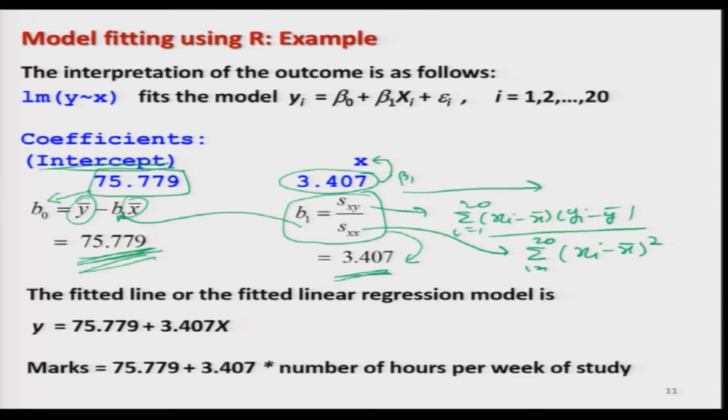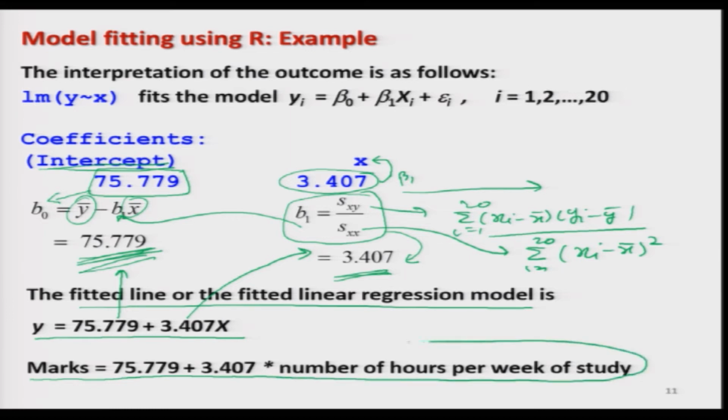So after obtaining the values of B0 and B1, I can obtain the fitted line, or the fitted linear regression model, as y is equal to B0 plus B1 x. So my model becomes y is equal to 75.779, which is coming from here, plus 3.407, which is coming from here, times x. If you translate it in terms of the given variables, now you have a model: marks are equal to 75.779 plus 3.407 times the number of hours per week of study. So now you can see